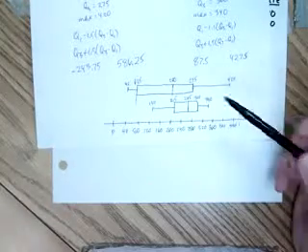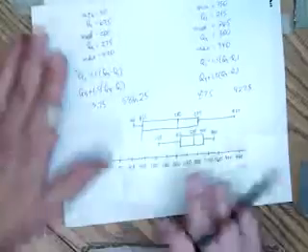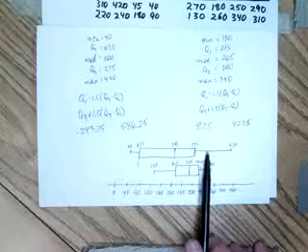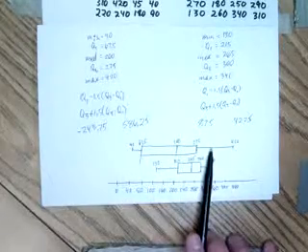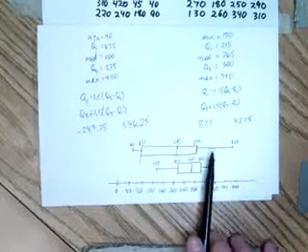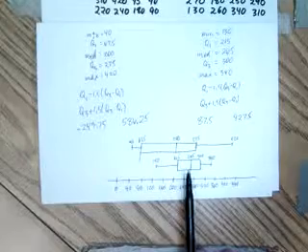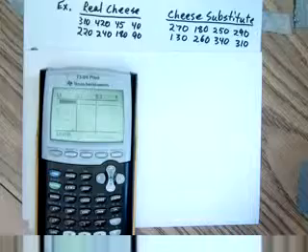Zoom, which is the button right here in the middle below your screen. If you hit zoom, then you press 9. If your calculator shows more than just the box plot, that means you have functions in your y equals button. So press y equals, find what you don't want,